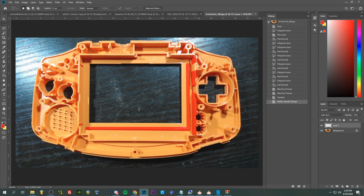So I use my flush cuts, I snip, I break this off, clean it up, and then snip kind of along this line here. I snip and I snip here, and then pull this out, and I snip here, snip, and this needs to come out completely. So you're going to end up cutting a little bit into the start and select like divider here, and a little bit up there. You kind of got to remove a good bit of it for that screen to fit